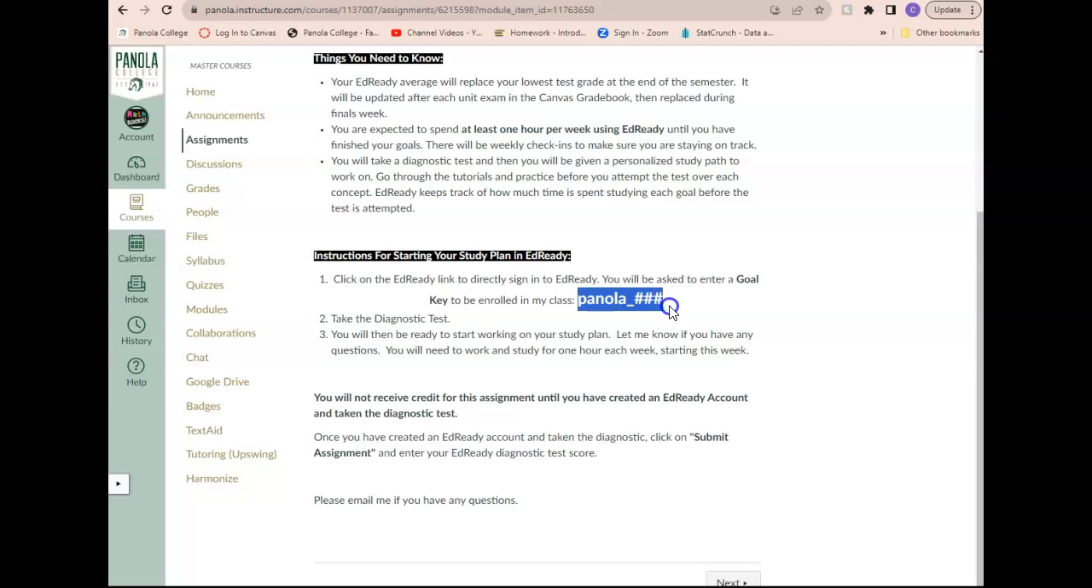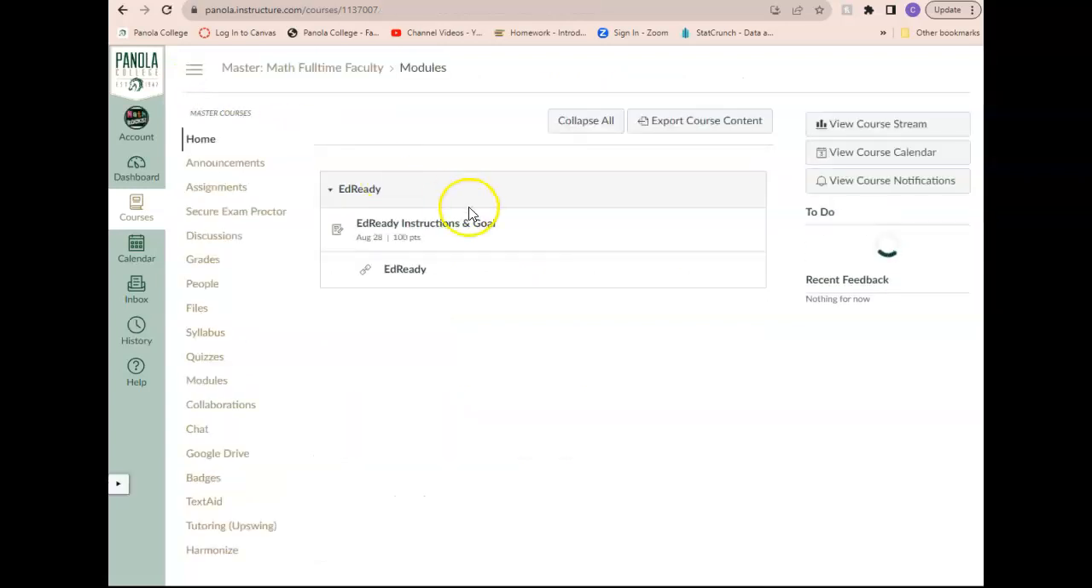the instructions. It'll be Panola _ and then 3 numbers that are specific to the course you're taking. So you can copy those, Control-C, or right click on that to copy it. And then you are going to go to, you can either go home or do next to get to the